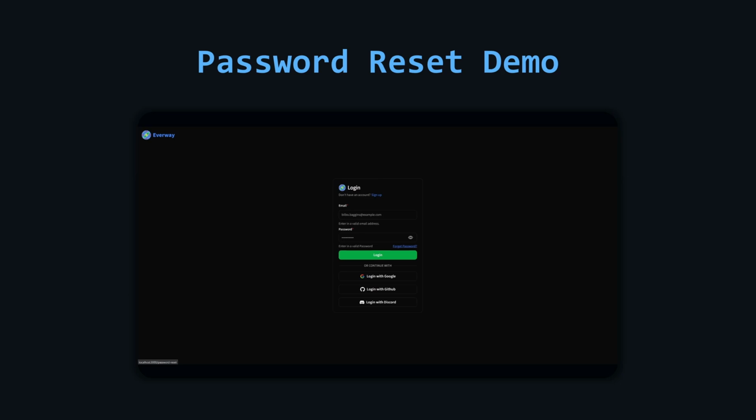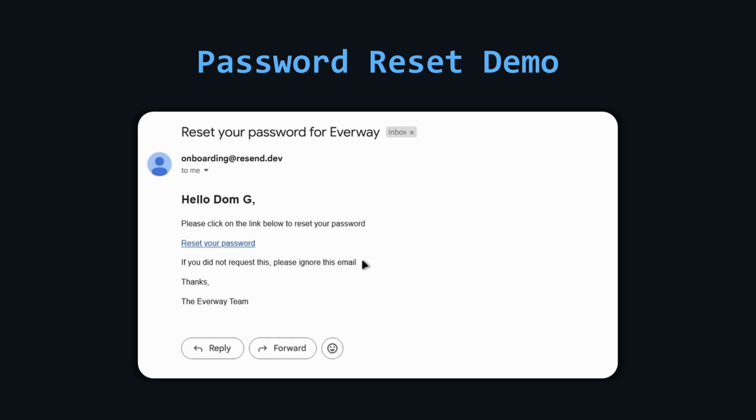Now to reset your password, if you forgot it, you click the forgot password on the login page. It will lead you to a new page where you enter in your email. So it will send you an email to your inbox, and there you will open up an email. It will look very similar to the one shown in the verification demo, where all you need to do is